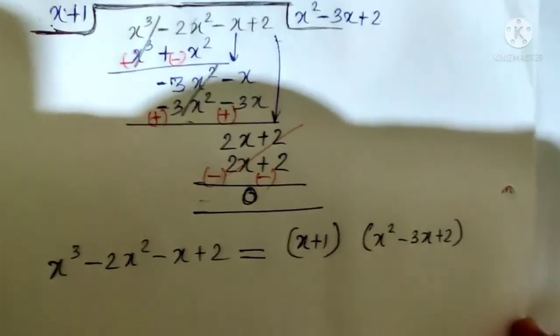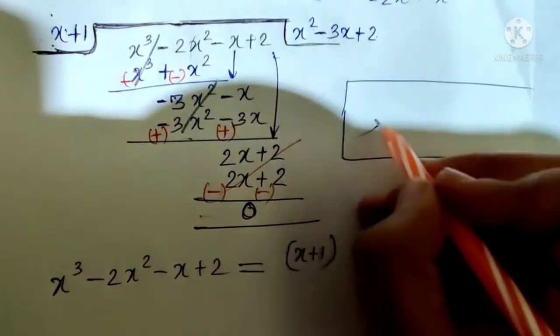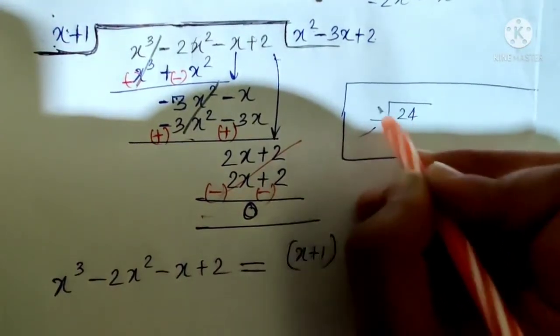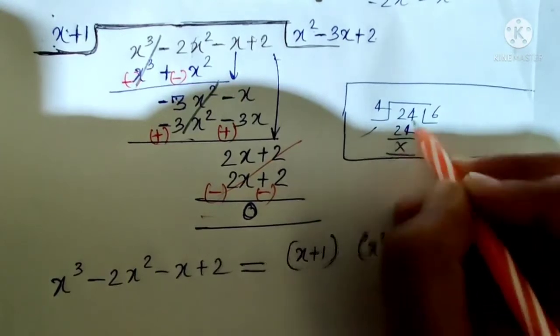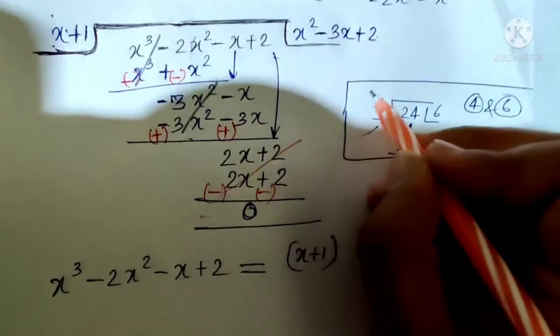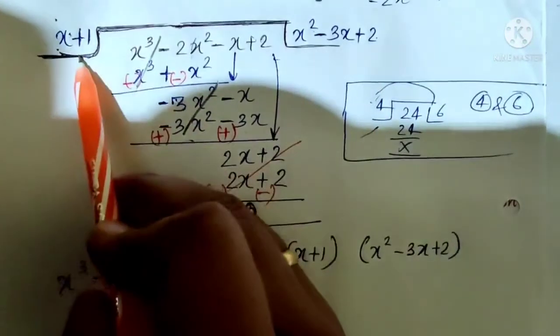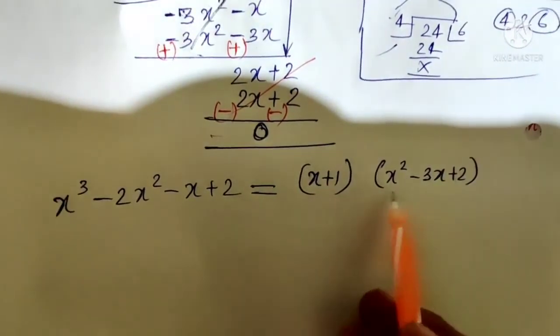Did anyone have a doubt that, sir, why is this also a factor? If you have a doubt, let me show you one thing. If I am dividing 24 by 4, so 4 sixes are 24. So the factors of 24 are 4 and 6 both. And the same with these two. So this one is also a factor and this is also a factor. Okay, but I told you it is a cubic polynomial. We have to find how many factors? 3 factors, but these are 2 factors only.